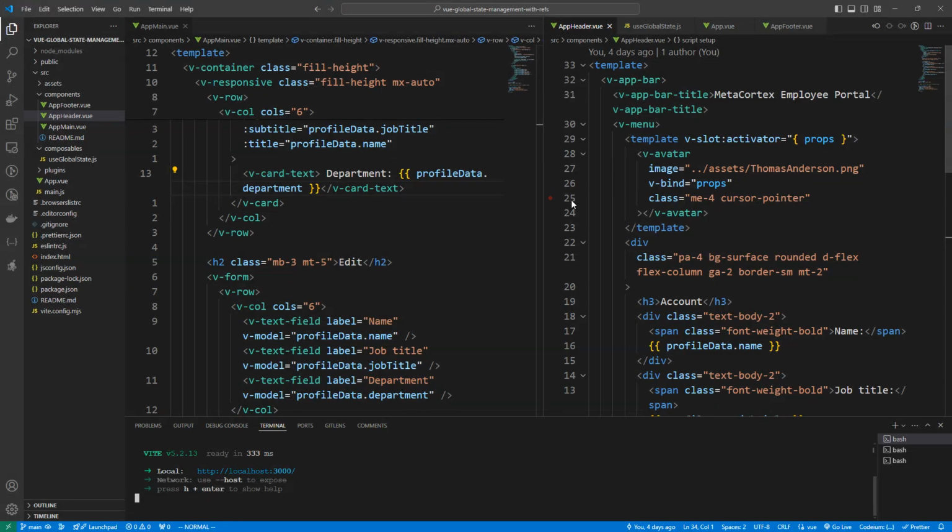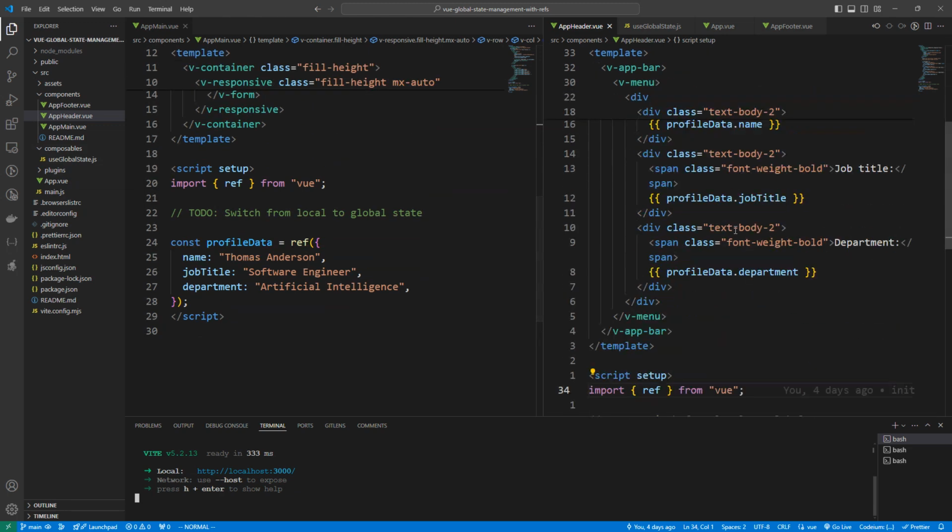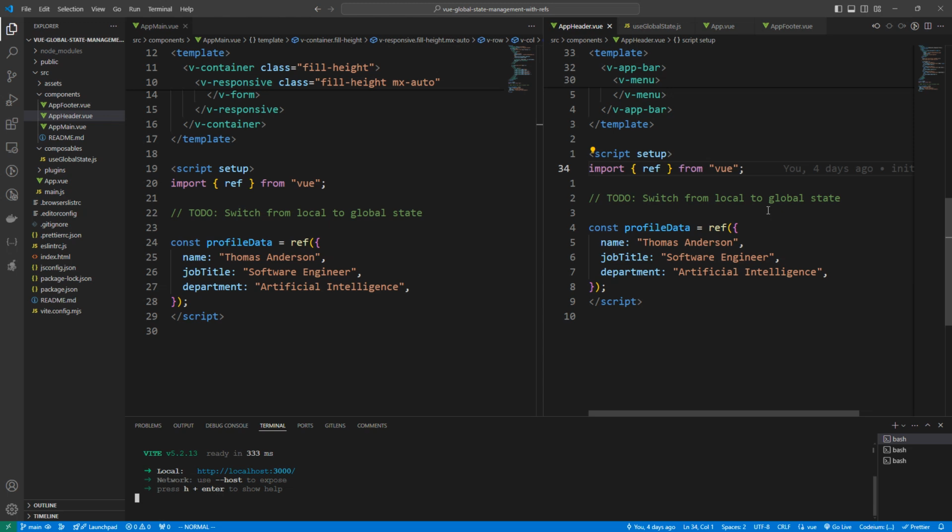And for that we're going to create a global storage for state in a composable. So composables are just reusable pieces of logic in your application. So let's begin,